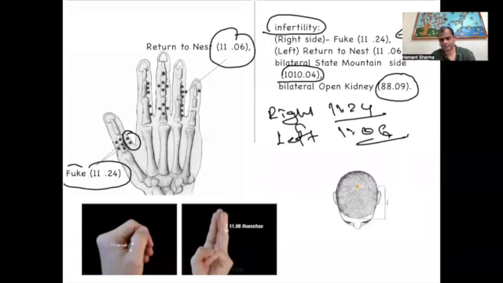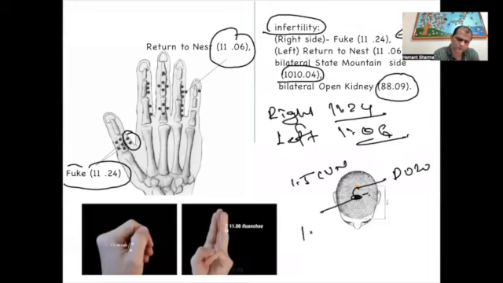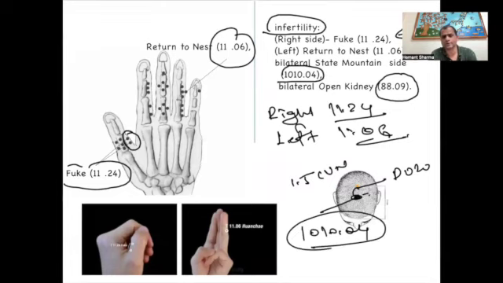Enough. So we can see this is the location of DU20. From the DU20, I'm going 1.5 anterior. That is the location of the 10.04 point. It is a very good point which is working for the uterus. The discussion of this point in detail will be done when we talk about this point. Right now, I will tell you